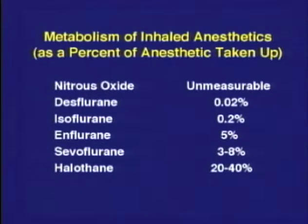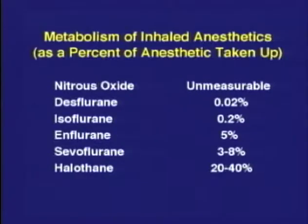We know that they are metabolized, but we know that there's a difference among the anesthetics in their metabolic rate, that some are more metabolized than others, like on Animal Farm. Some are more equal than others. And the older anesthetics tended to be metabolized. Chloroform, which is not on here, methoxyflurane, which is not on here, and halothane, which is on this slide,